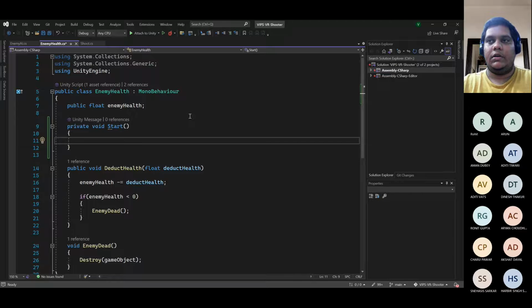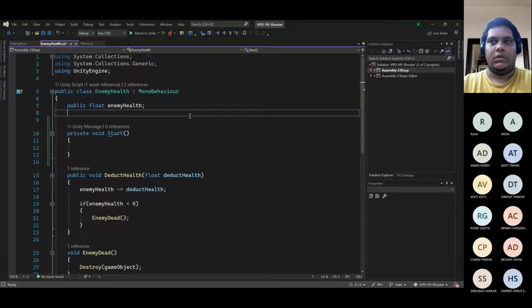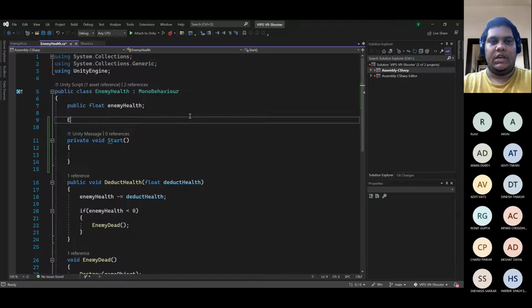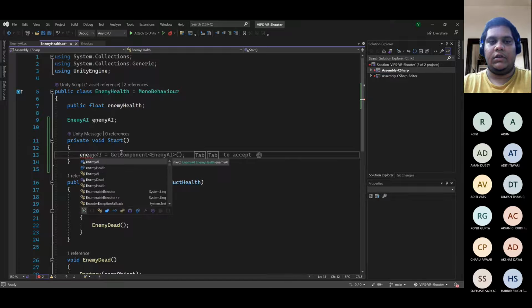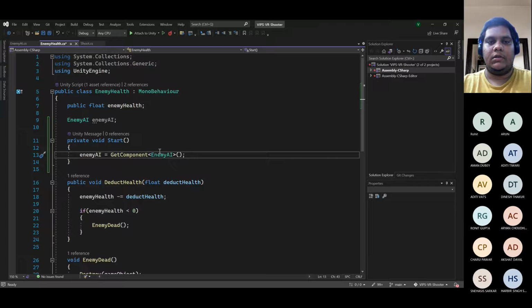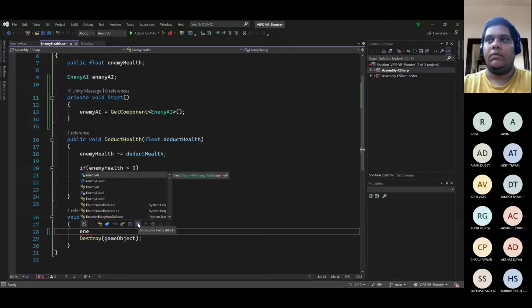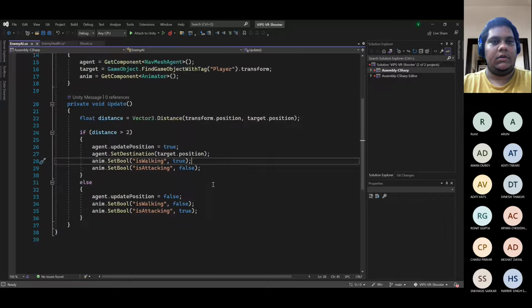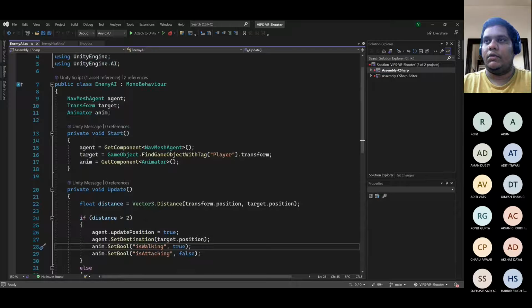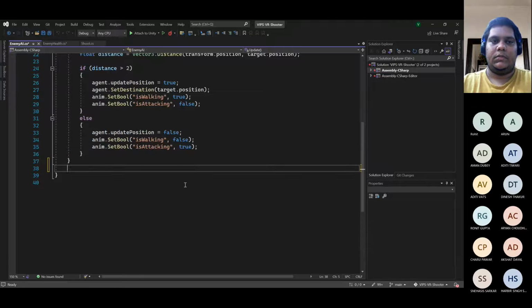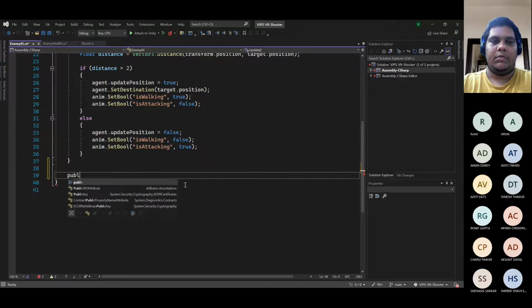and in this start function I'll create an object of that enemy AI script, and because it is attached on the same game object, this is how we'll get it. And then in the enemy dead, all we need to do is enemy AI. Oh, I don't think we have added a death function yet. Yeah, so I think we'll have to add that first. So here we'll add a new function,